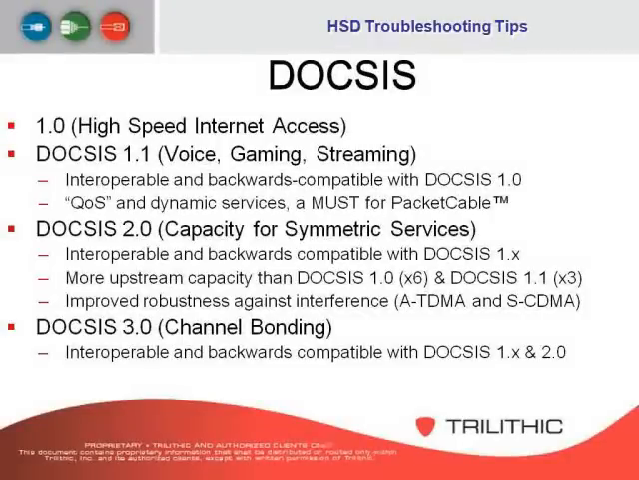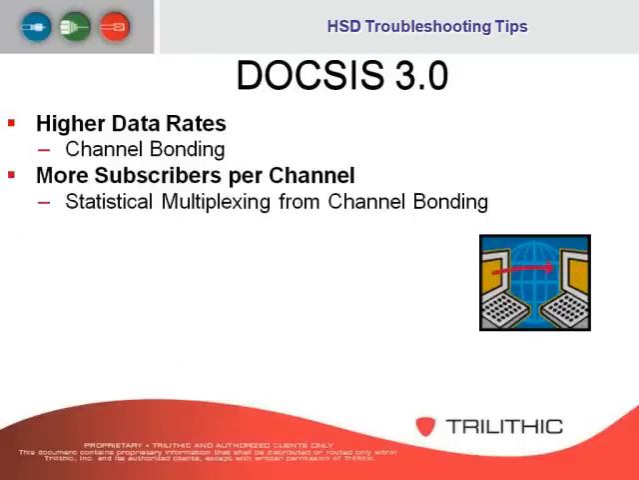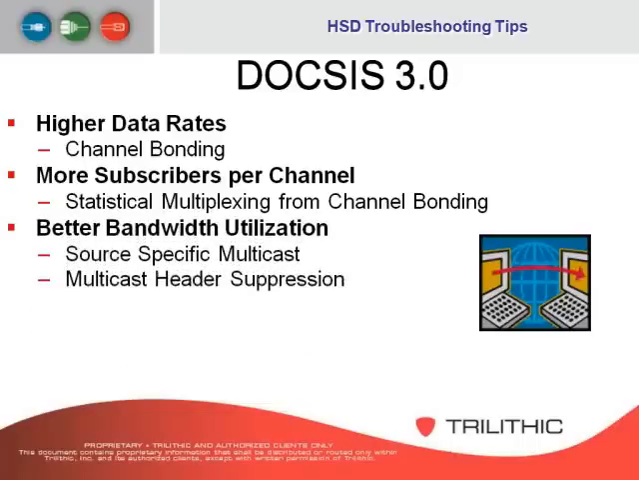Now with DOCSIS 3.0, it's backwards compatible with the other DOCSIS versions, but it adds what's called channel bonding to increase the channel capacity. DOCSIS 3.0 gives you higher data rates with the channel bonding, more subscribers per channel, statistical multiplexing from channel bonding, better bandwidth utilization, the source specific multicast, header suppression,